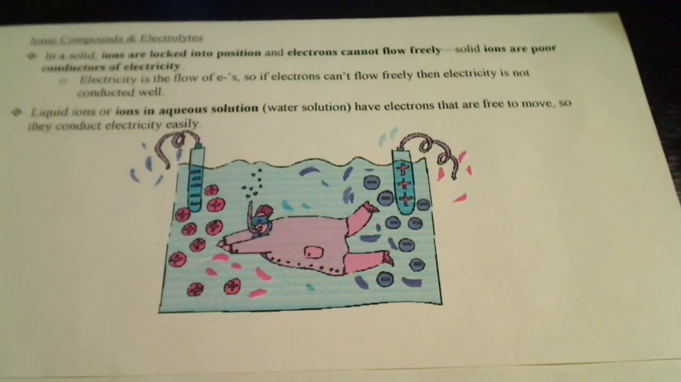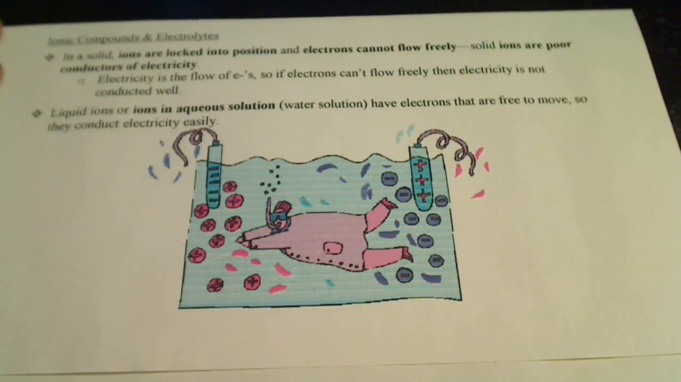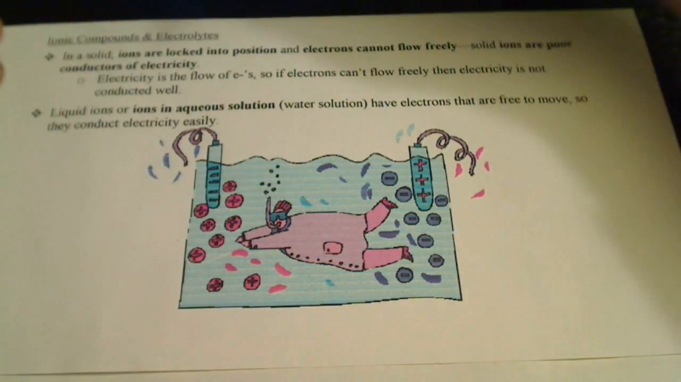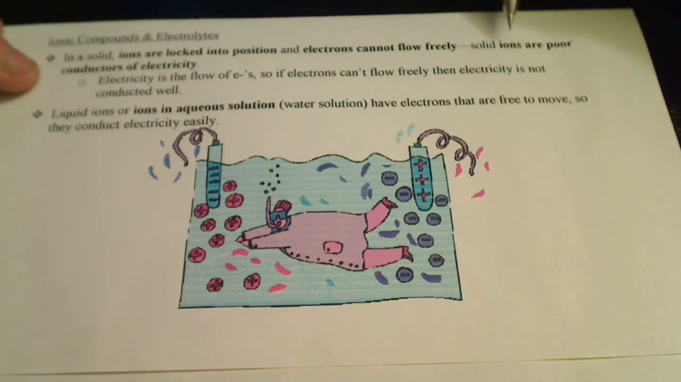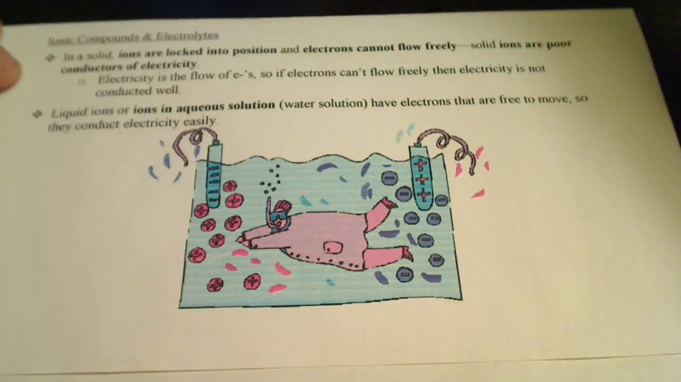Ionic compounds and electrolytes. This is actually kind of an important point. As far as ionic compounds and electrolytes go, in a solid, ions are locked into position. Electrons cannot flow freely. Solid ions are poor conductors of electricity. What that means is, electricity is basically the transference of electrons. So if you have a solid where you have a series of plus, minus, plus, minus,